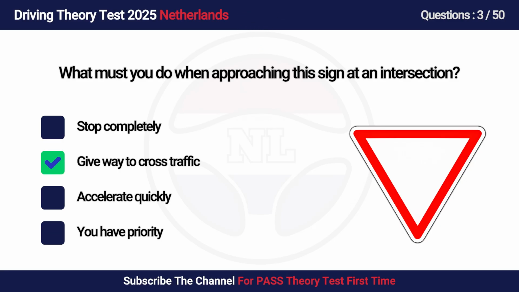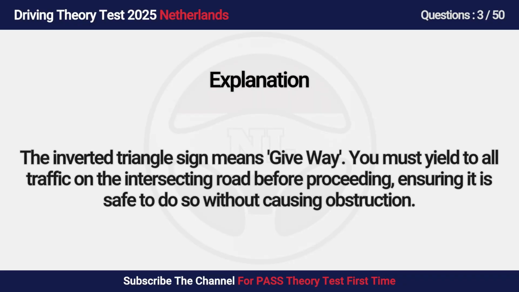Answer is B. Give way to cross traffic. The inverted triangle sign means give way. You must yield to all traffic on the intersecting road before proceeding, ensuring it is safe to do so without